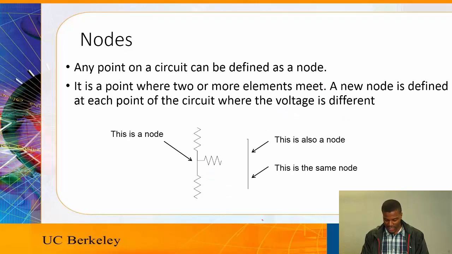A very important skill you will need in circuit analysis is identifying nodes. A node is a term that's often used interchangeably with point. Any point on a circuit can be defined as a node. Its technical definition is a point where 2 or more elements meet. A new node is defined at each point where the voltage is different or the current breaks off into more